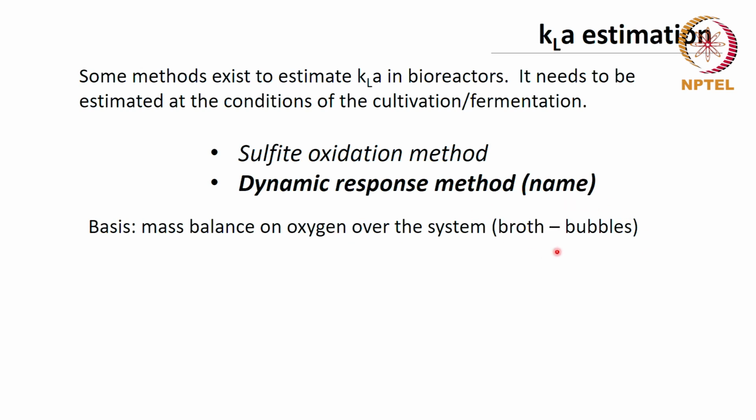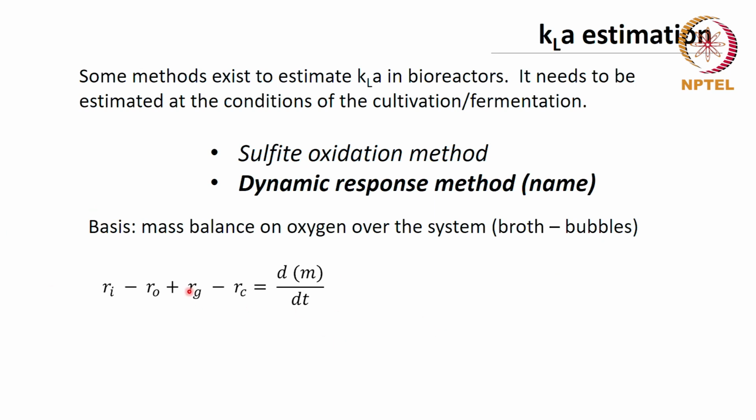This comes in handy. This we'll know only by experience. It's a little unrealistic to expect a novice to come up with this choice of a system right in the beginning. This comes out of experience after you've been hit upon by various different difficult choices of systems for the purpose at hand, and then you come up with this elegant system or this way of choosing a system by which the analysis becomes elegant. Okay, so take it on face value. We are going to do it over broth minus bubbles. We have taken the bioreactor broth. We have mentally removed the bubbles from it.